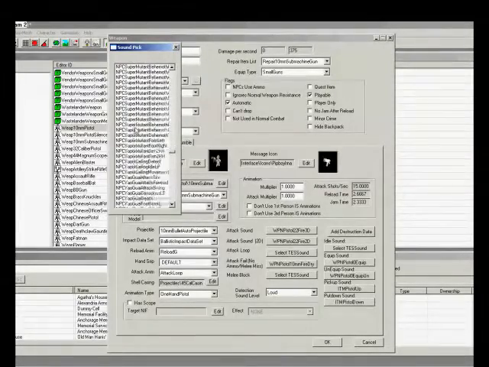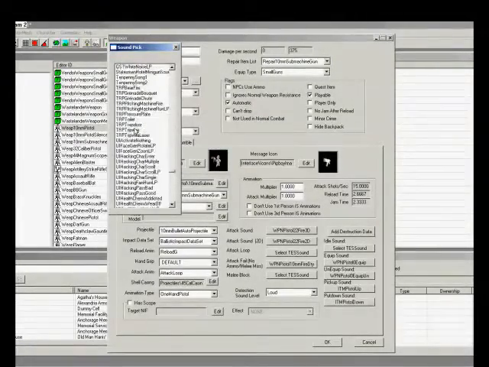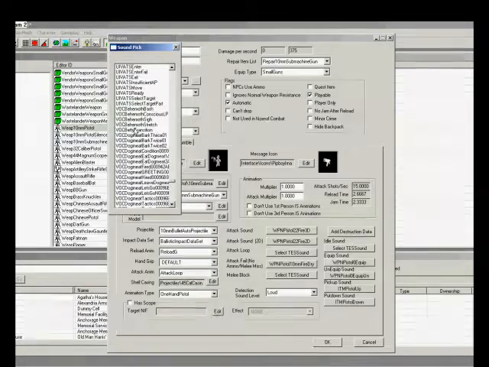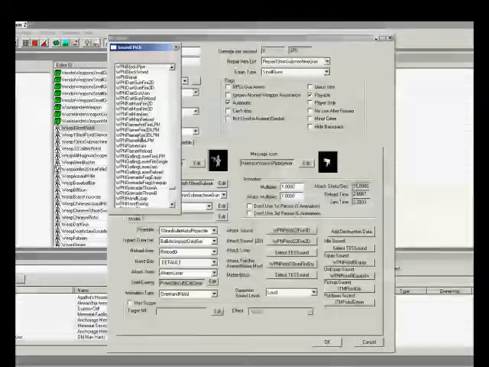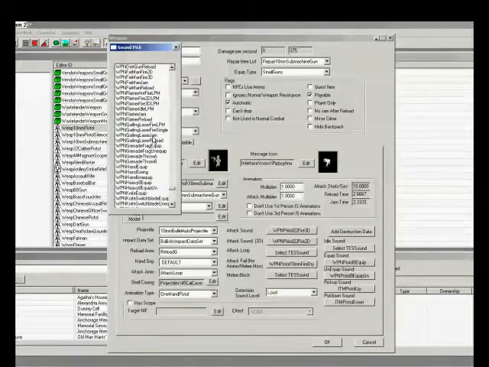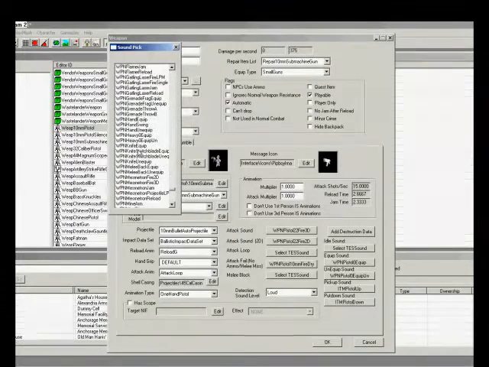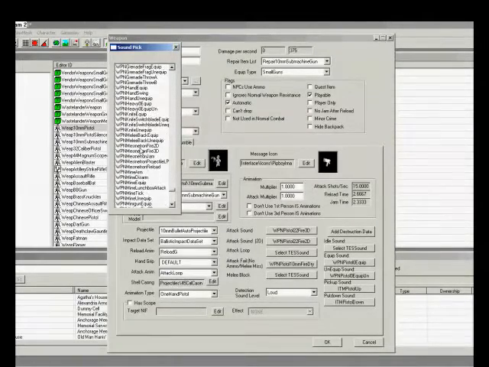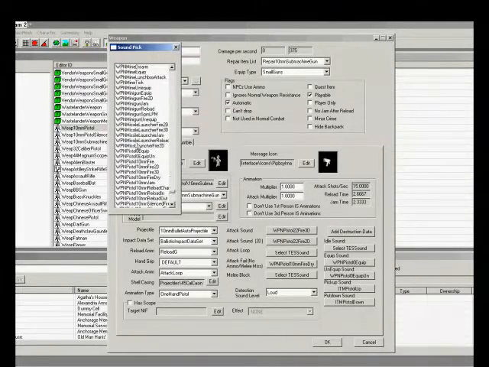But the sounds you're looking for weapons are going to be all the way down at the bottom, under, I believe, yeah, WPN, weapon. So you can change your sounds. Each weapon has a 2D sound and a 3D sound, whether it's in VATS or not. Some weapons only have a 2D sound, and some weapons only have a 3D sound. It just depends. So I'm not going to change